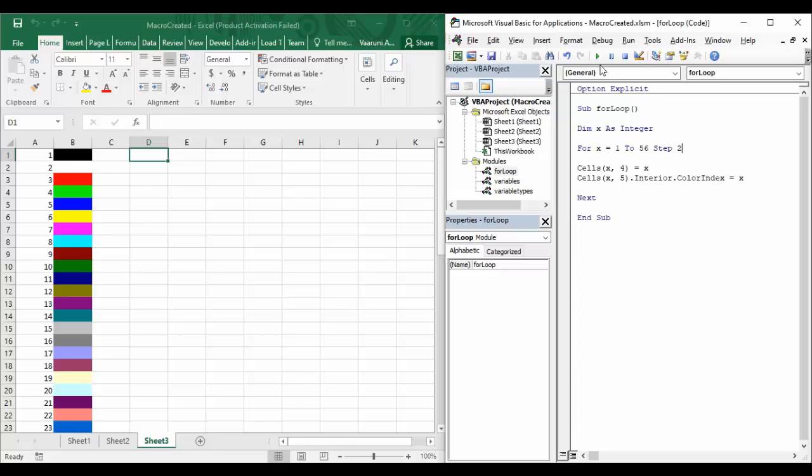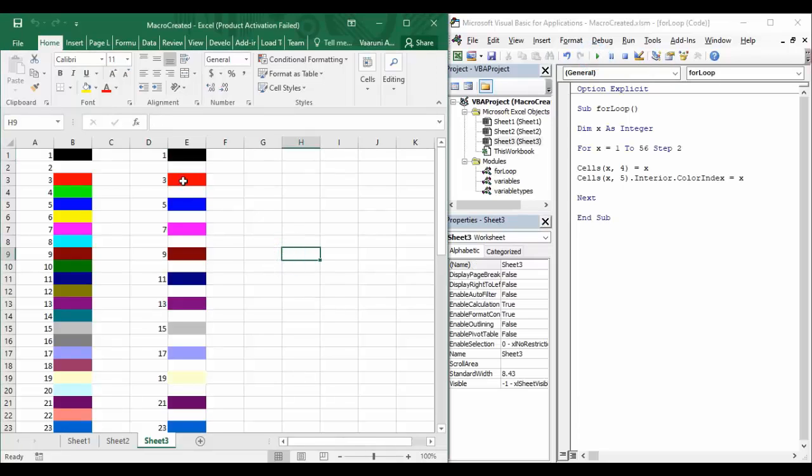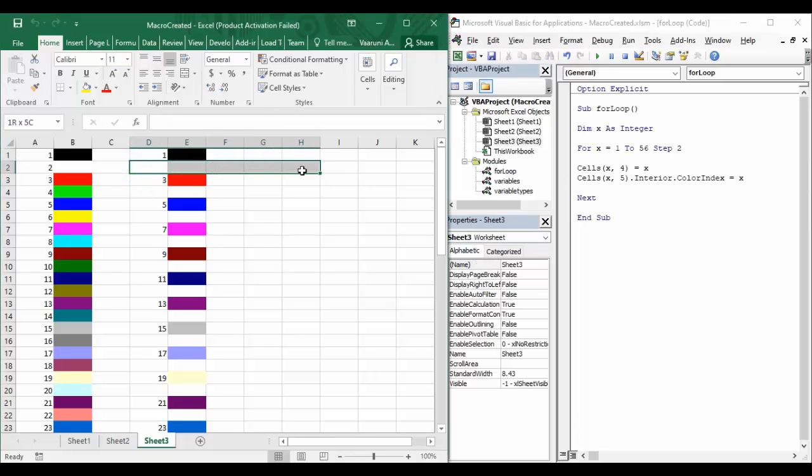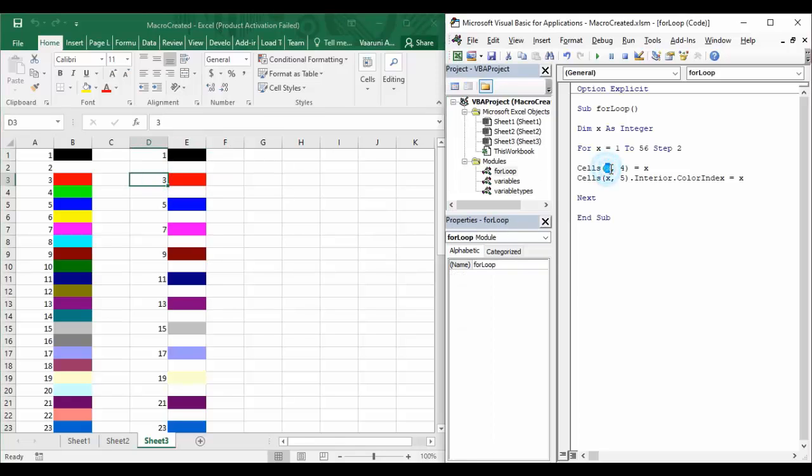So let us see it. I'm just going to run it all in one go using the F5 key, and you can see that we have got the value as 1 in E, then I have got the value as 3 here, value as 5. And as you can see, we use this x, which means in the D1 cell, that is 1, 4, we got the value of x, that is 1, and then the next value is 3. That is why we have escaped this cell which was of 2, and we have got this thing as 3, which means the value of x was 3 over here.